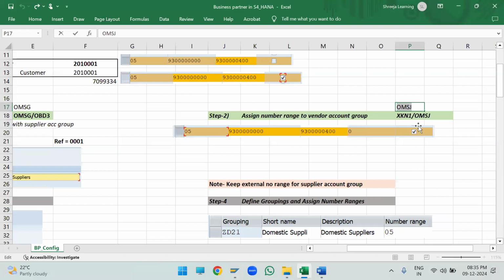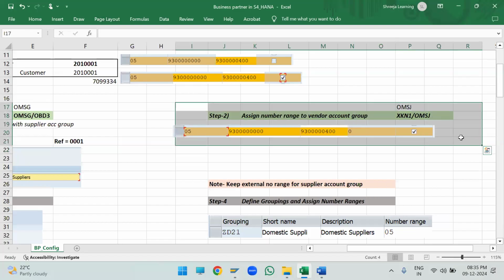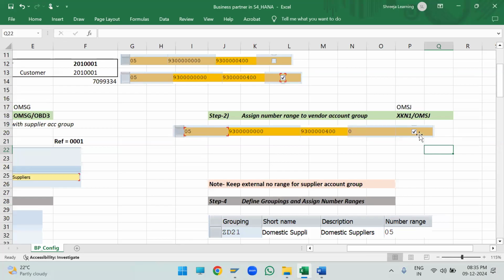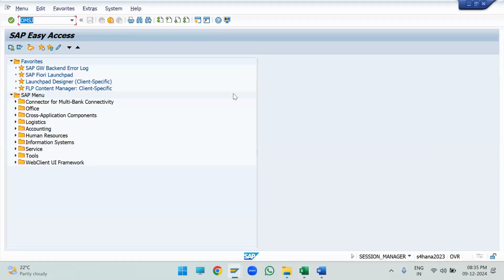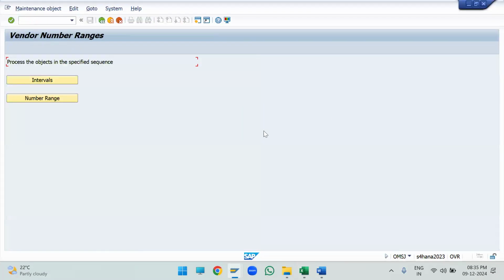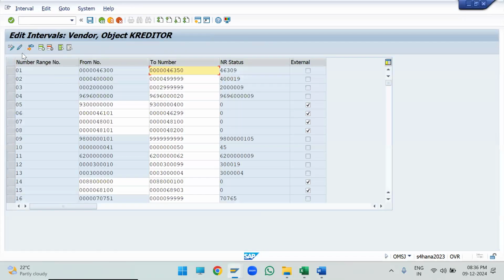Okay. Then second one is the creation of the number range and assigning the number range to the supplier account. So in OMHA, we have two options. First one is the interval, second one is the number range. So in the interval, we can create number range. Okay. Here I will suggest you